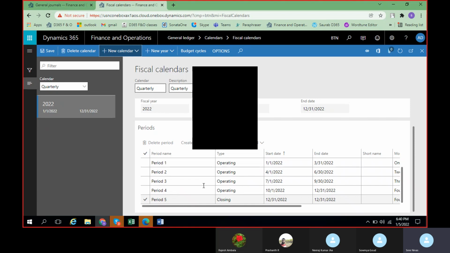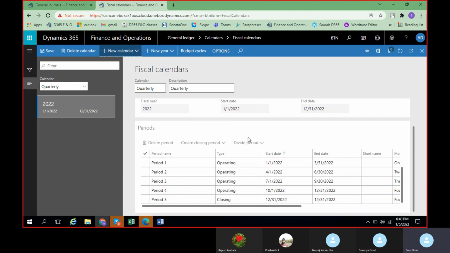So these two. If you see, a total of 6 periods has been created. Under these 6 periods, fiscal period 0 will act as an opening, and period 5 will act as a closing. And you have the option to delete any period in case you're not using it, or if you want to do any changes, this delete option is also there.